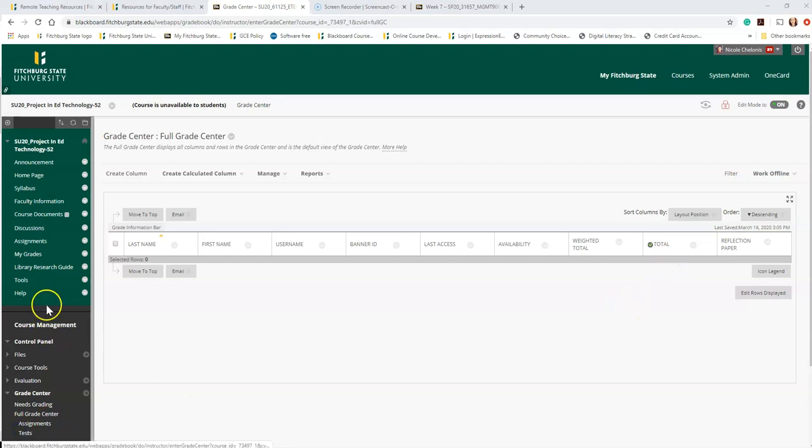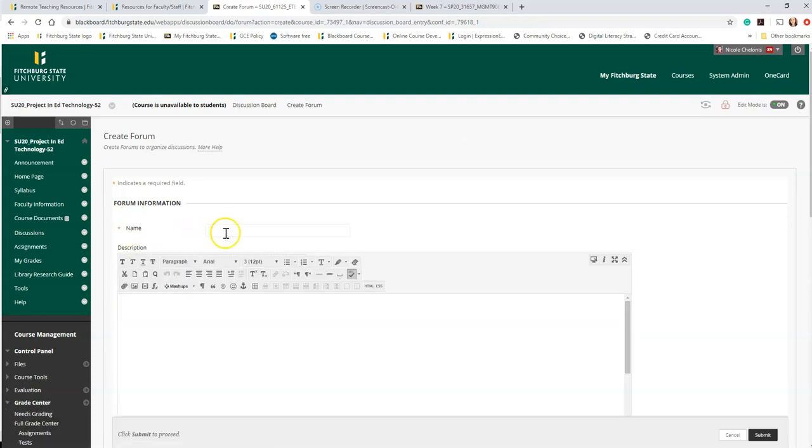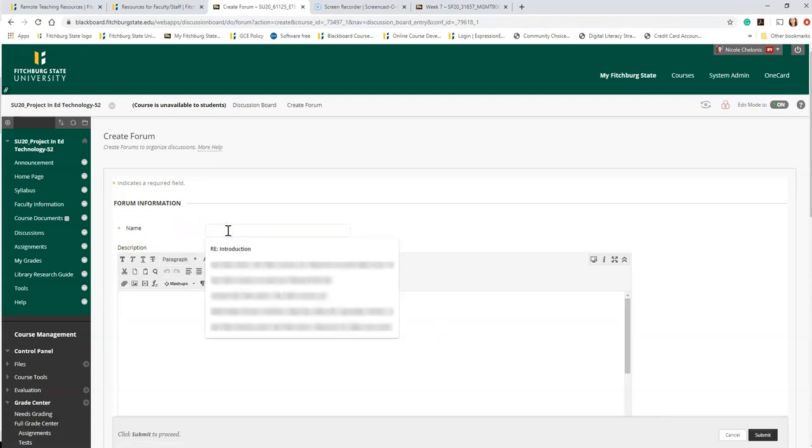The next thing I wanted to cover briefly is the discussion thread. We do highly recommend that you use discussions for your student-to-student engagement in online classes. What we really find helpful is if I go to create a forum, the first thing that I usually do is